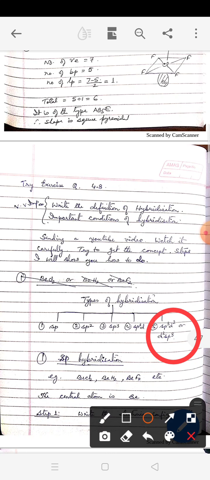Now let's try to understand the diagrams one by one. Now here we are going to do the steps. You have seen all these things nicely explained in that video before. Now we shall take up how you should go about it during examination. So we'll take the first example, first category, sp hybridization. There are various molecules available under this category. I've given you a few: BeCl2, BeH2, BeF2.